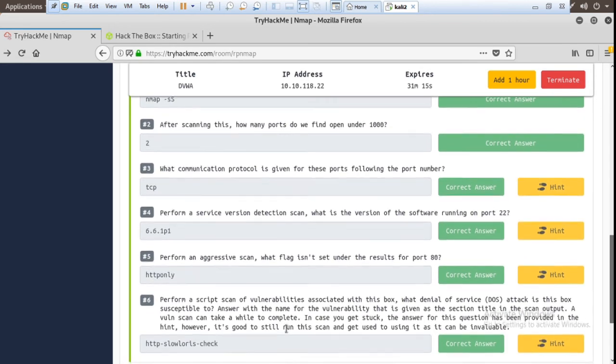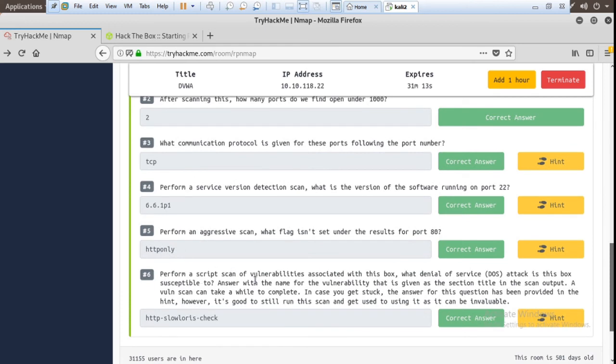And next question: perform a script scan of vulnerabilities associated with the box. What denial of service attack is this box susceptible to? Answer with the name of the vulnerability that is given as the section title in the scan output. This scan can take a while to complete.